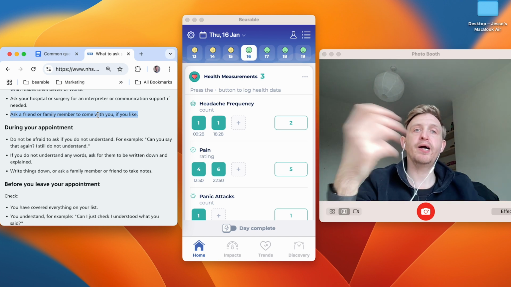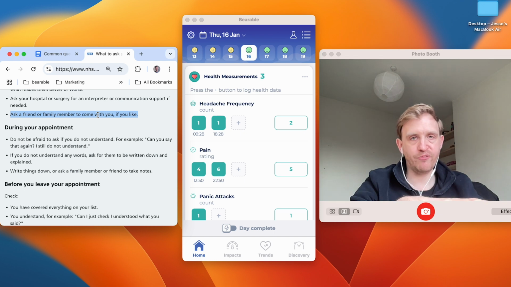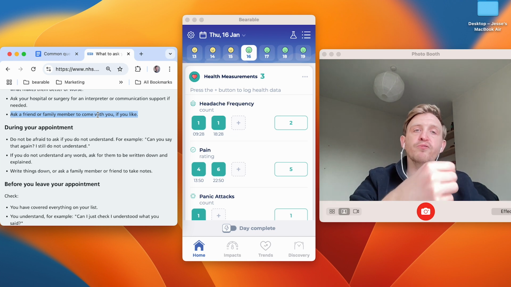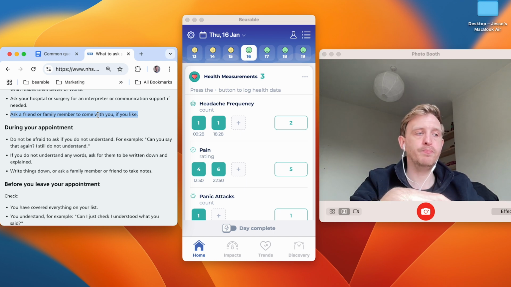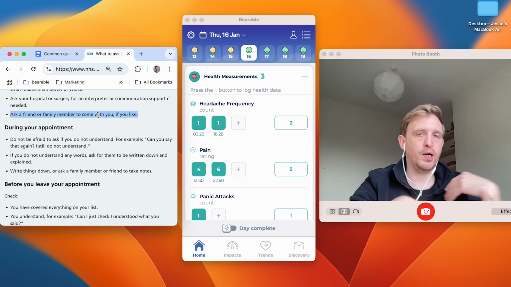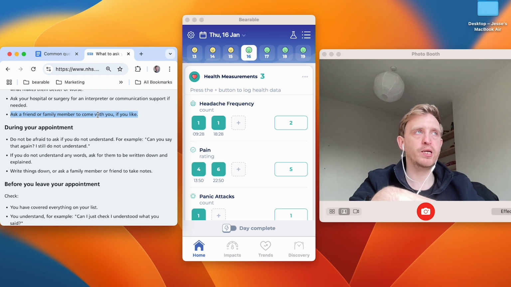Help them to prepare ahead of an appointment too, share the same information with them that you want to share with your doctor, tell them what you're trying to get from the appointment ahead of the appointment too, just so that they can help reinforce what you're saying, just so they can help clarify what you're trying to communicate. I found that really helpful to just have somebody there with me for when I forget what I'm trying to communicate, if I'm struggling to find the words, they might be able to help me with that.